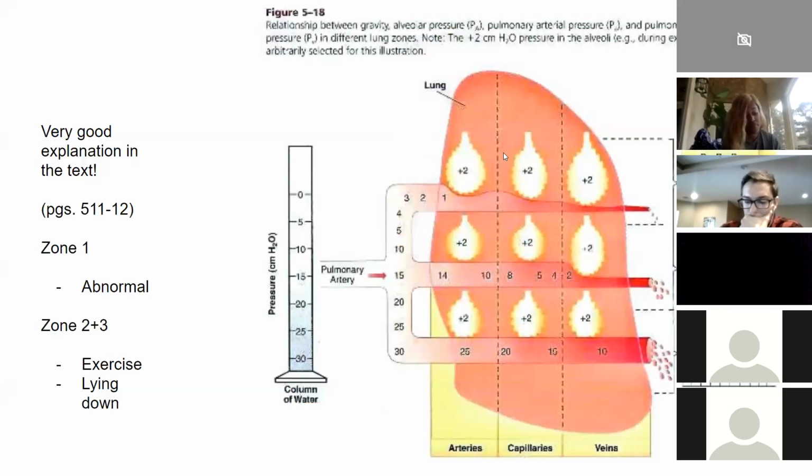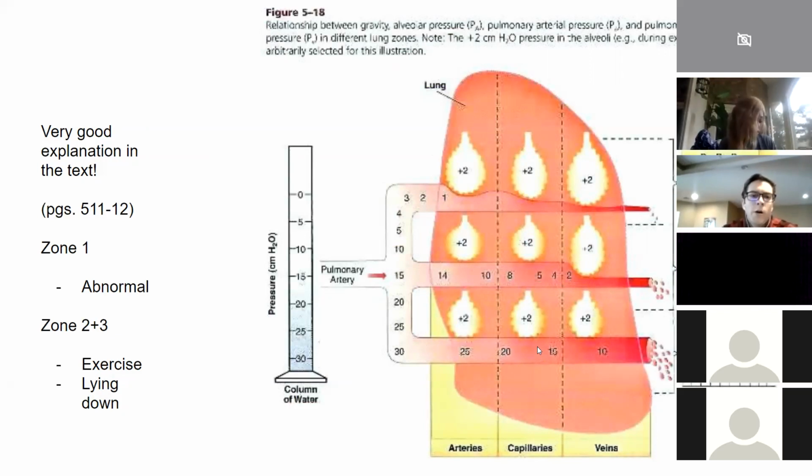So here's a look at this. This is zone 1 up here. In these cases, you have a positive pressure coming from breathing in all of these cases. In zone 1, you can cut that circulation almost off completely. In zone 2, the amount of blood going through will vary depending on whether you're at the systolic or diastolic phase. And then in zone 3, it's always open.